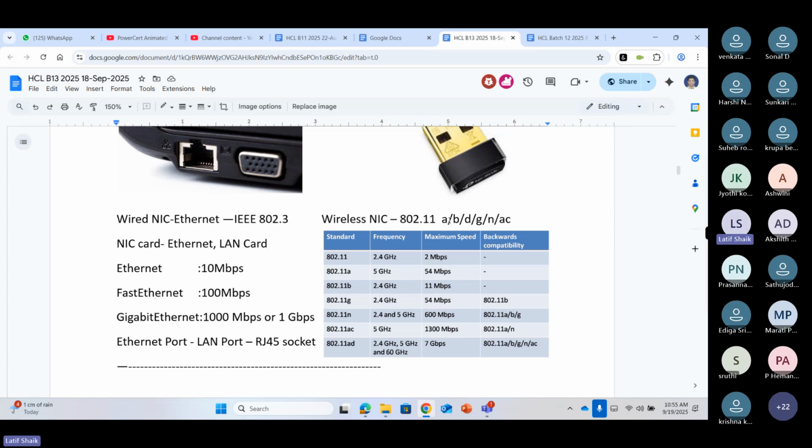And if your internet speed is less than 50 Mbps or up to 50 Mbps, 2.4 supporting routers and adapters are fine. And if it is more than 50 Mbps, like you are taking 70 Mbps, 100 Mbps, 150 Mbps internet speed, then you have to take 5 gigahertz supported